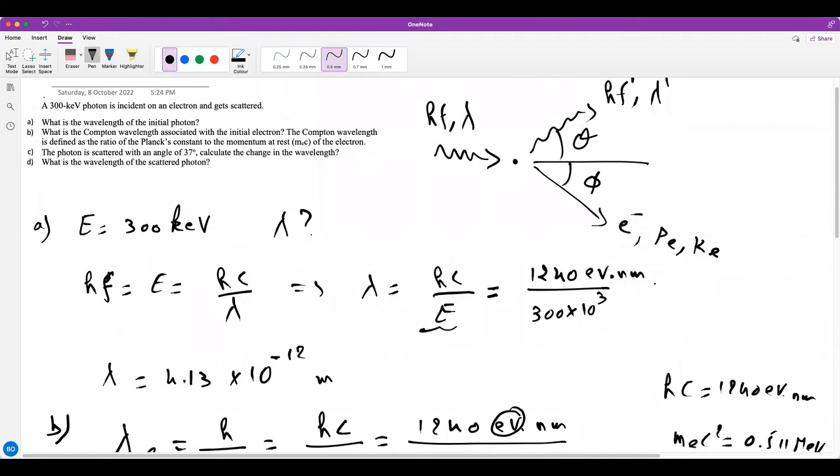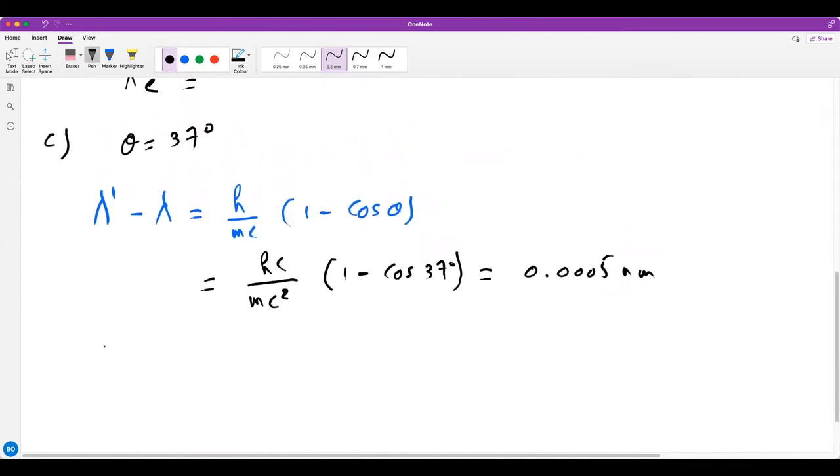Okay, and obviously, what is the question D? What is the wavelength of the scattered photon? Well, the wavelength of the scattered photon is lambda prime, and so lambda prime is lambda plus delta lambda. So we know lambda, we know delta lambda, and the problem is solved. Okay, let's go to another